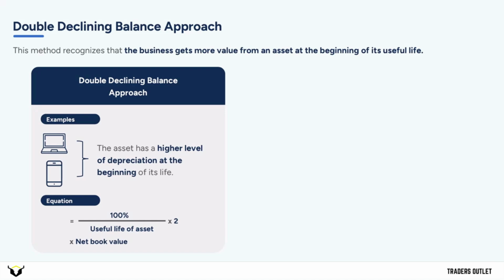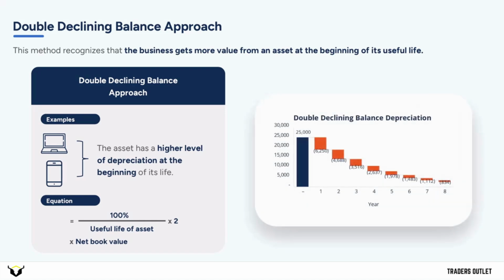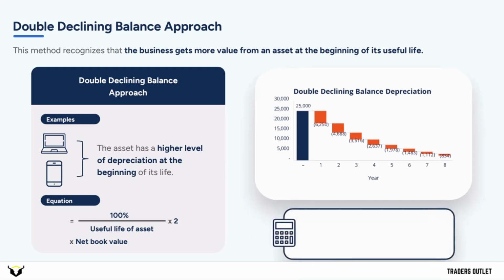of the asset. So here's the same asset we saw before that cost $25,000, has no scrap value, and will be used for 8 years. Let's calculate depreciation for just the first year. Remember, the formula is 100% divided by 8, which is the useful life of the asset, multiplied by 2 to create that double decline, and then multiplied by 25,000, which is the opening balance. This gives a first-year depreciation figure of 6,250, which is double the depreciation expense of 3,125 that we calculated using